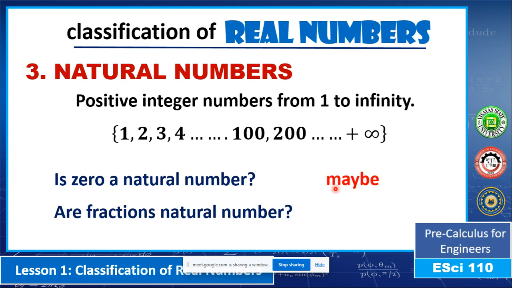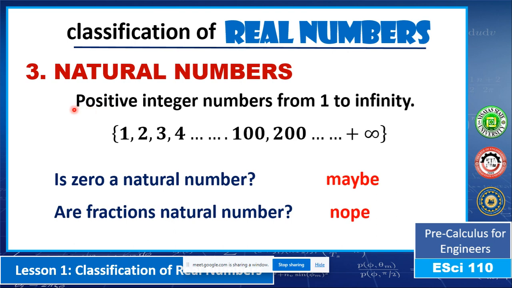So in our field, we are employing the common mathematical rules and expressions. Therefore, we do not include 0 in the natural numbers. That's my opinion, maybe for now, because there are other fields that include it. But for the second question, are fractions natural numbers? Of course, this is not a natural number. Why? Of course,